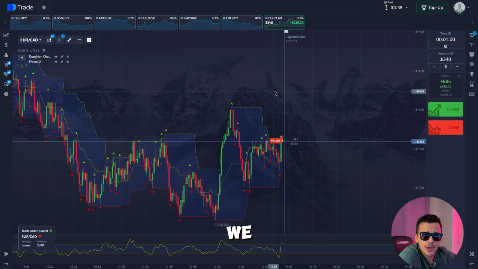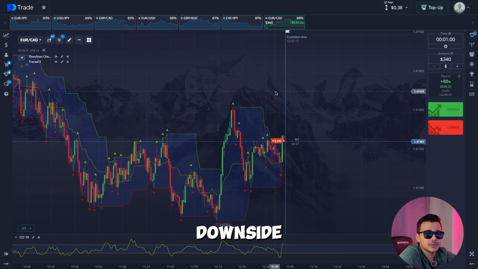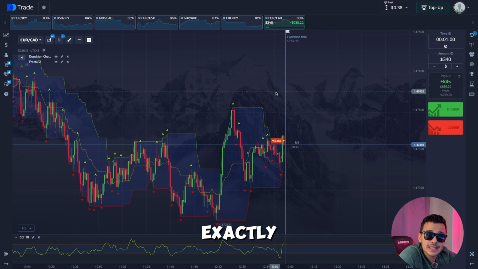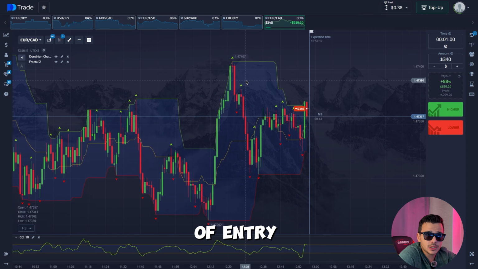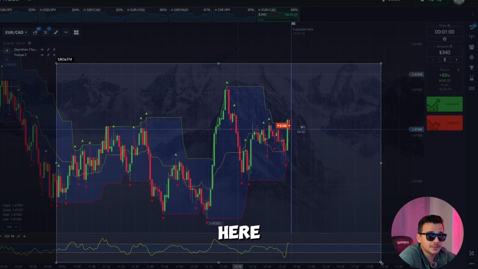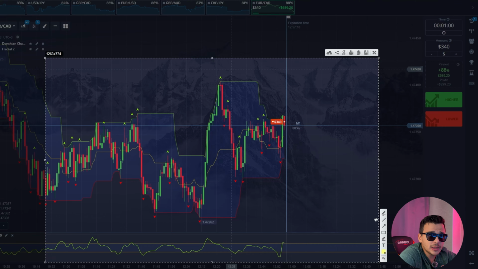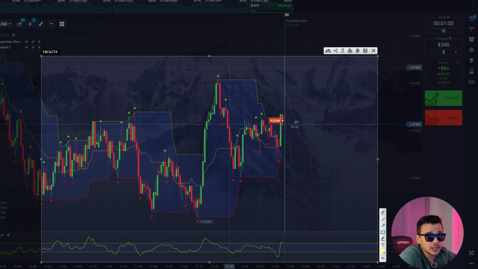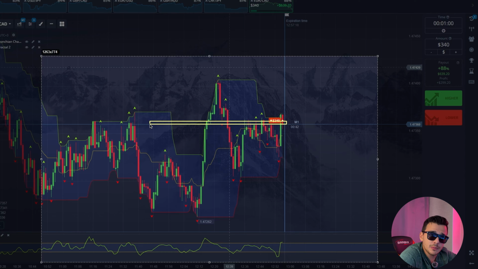And here we open a trade on the downside. Mind you, it's exactly the same principle of entry, and we don't even have a perfect touch point here. So yes, we opened a little bit at the wrong level, because we did not have time to fix the price. In general, there is also a good area of resistance here,